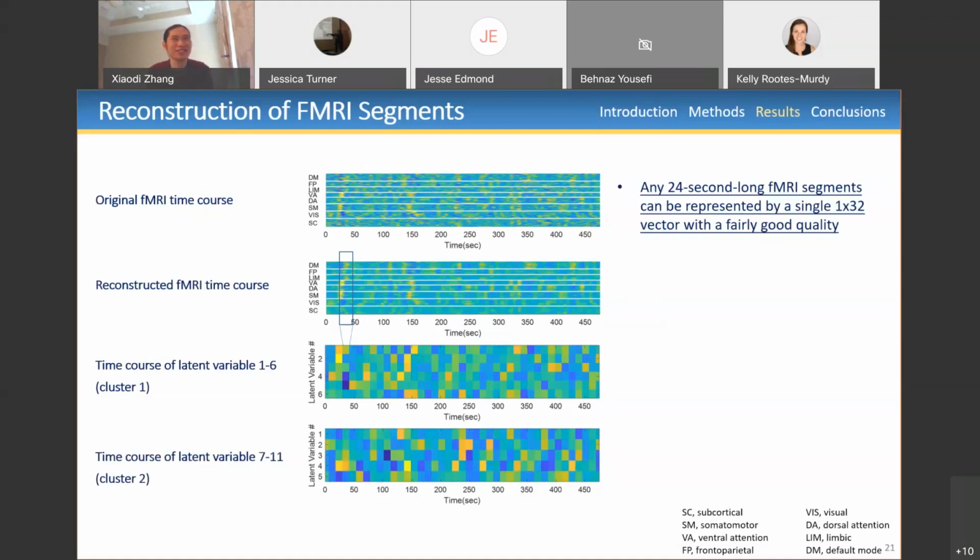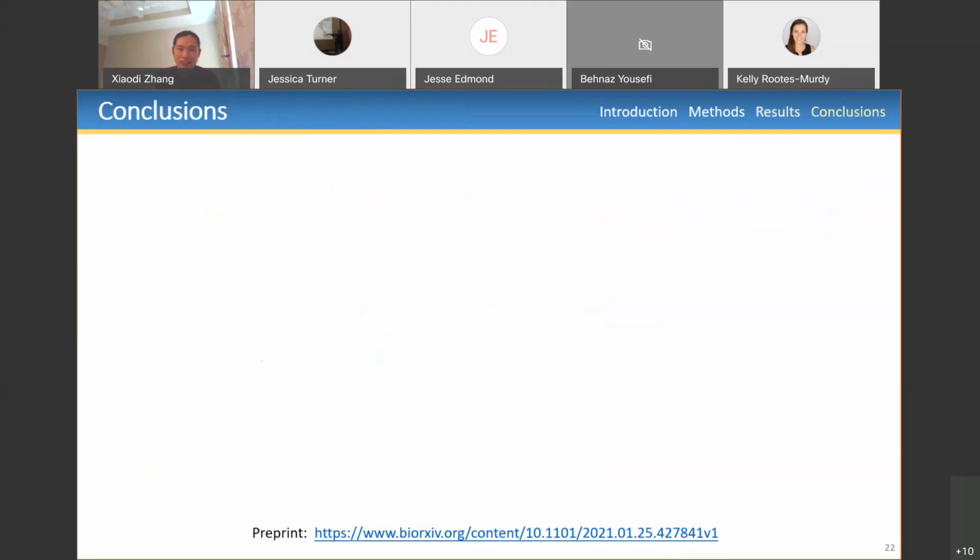At least for this test, for this training set. I'm sorry, is this training set? No, I think this is actually testing set. So yeah, but we still need to validate that, and there are some future directions we need to go. So just to conclude,